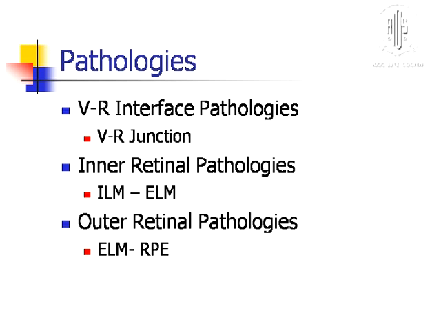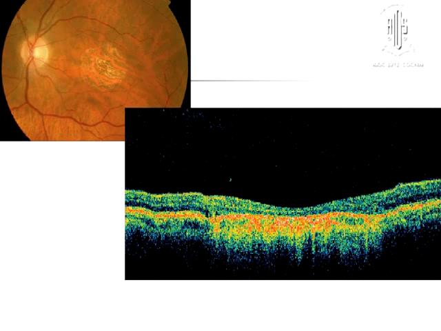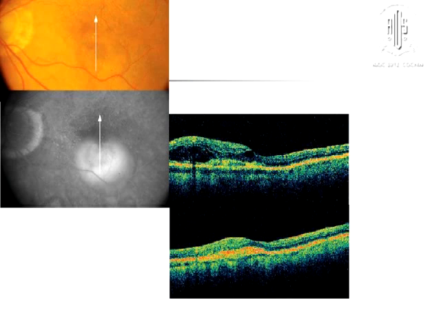So pathologies on OCT can be classified broadly under 3 headings. One is outer retinal pathology. This is how I read an OCT. Inner retinal pathology and interface pathologies. Just briefly, outer retinal pathologies are things like central serous retinopathy, macular degeneration, IPCV. These are some examples. You see the outer retina, that is the RPE and the photoreceptor layer, is disturbed here. Similarly, here it is primarily the outer retina. You see the inner retina by and large is okay.